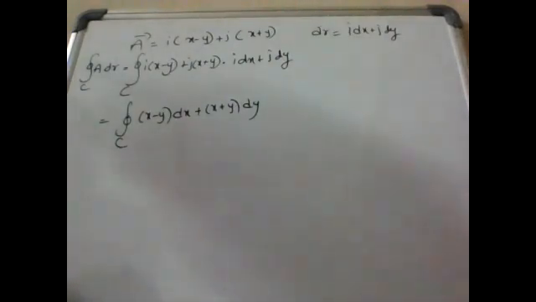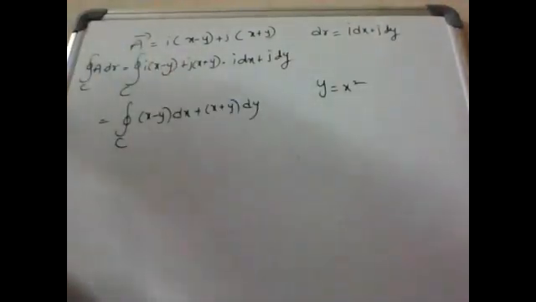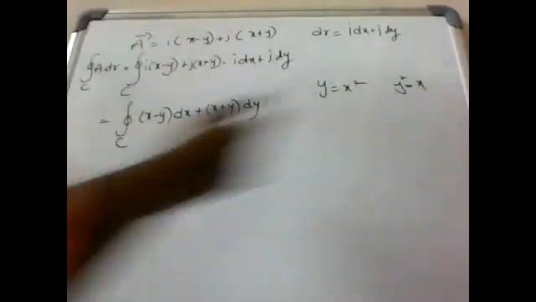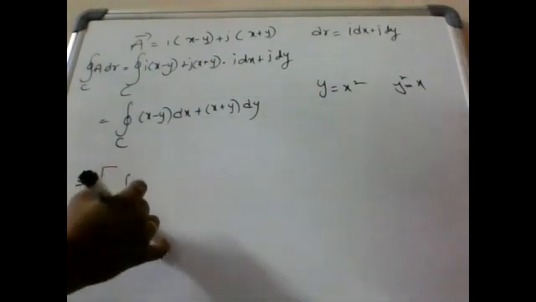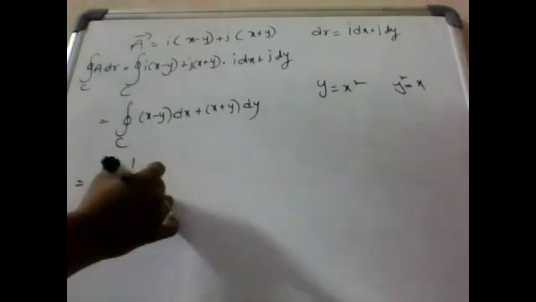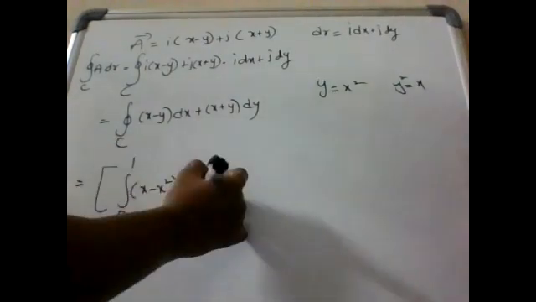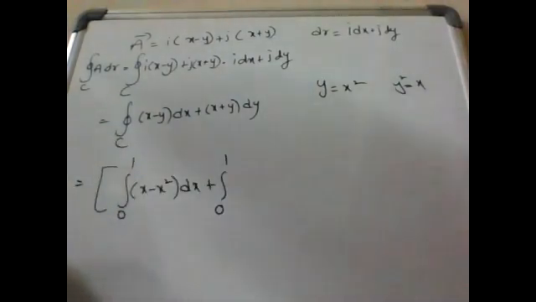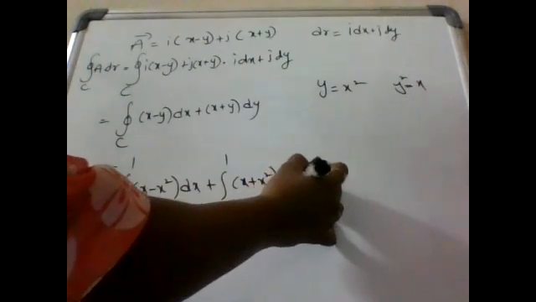So after that, here we have y equal to x square and y square equal to x. So from those rules we can write the integration with limits 0 to 1 of (x minus x square) into dx, plus the integration 0 to 1 of (x plus x square) into 2x into dx